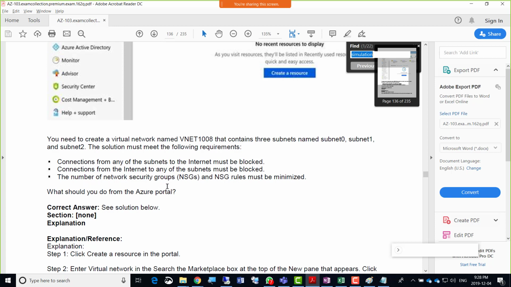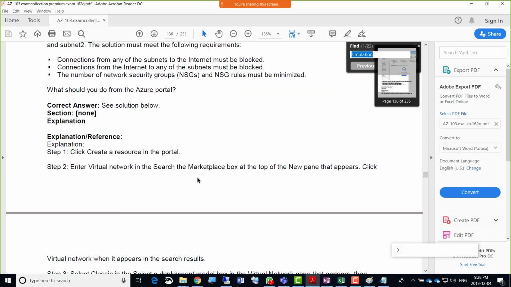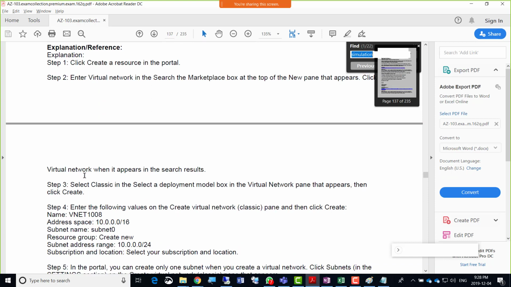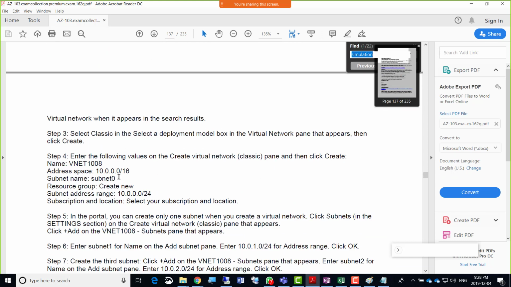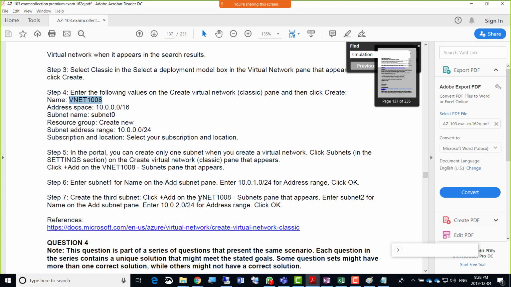The number of network security groups, NSGs, and NSG rules must be minimized. So we can create an NSG that is not connected to the internet and connect it to the three subnets. So create a resource in the portal, type VNet in the search box, and when virtual network appears in the search results, create it. We're going to create VNet 1008, and then create three subnets inside, which can be 10.0.0.0/24, then 10.1.0.0/24, 10.2.0.0/24, as it says here.